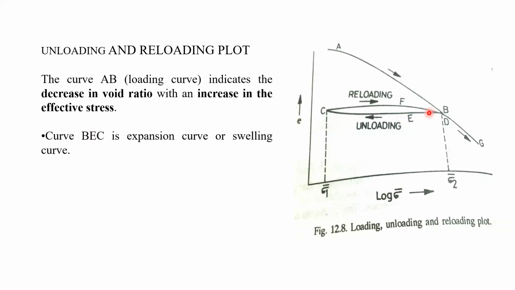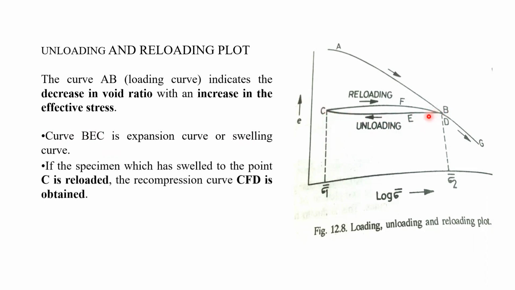That means what? At the time of consolidation test, we have discussed, once you apply the load on the hanger, after 24 hours again we are going to double, and finally we are going to apply the load. For example, let us say we are going to apply the load 640 kilonewton per meter square. So after completion of the experiments, we have to remove the load in quarters. So once you remove, that means we are going for unloading. So once we unload, then the BEC curve we can get. This is also called an expansion curve.